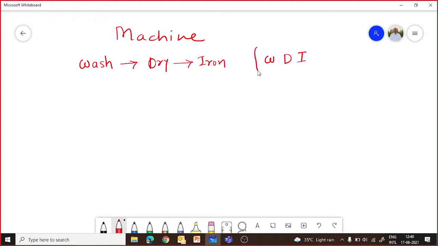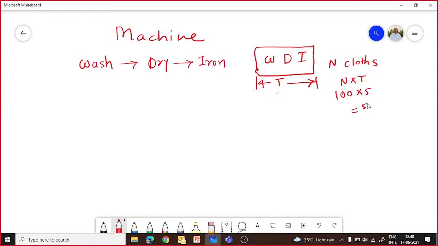So we have some machine which performs all these tasks, W, D and I. And consider that for one cloth, it can complete these 3 tasks in T time. Then suppose you have n number of cloths, then the total required time will be naturally very simple, n into T. So let's say T is 5 minutes, and if you have 100 clothes, then 100 into 5, so 500 minutes will be there, right?